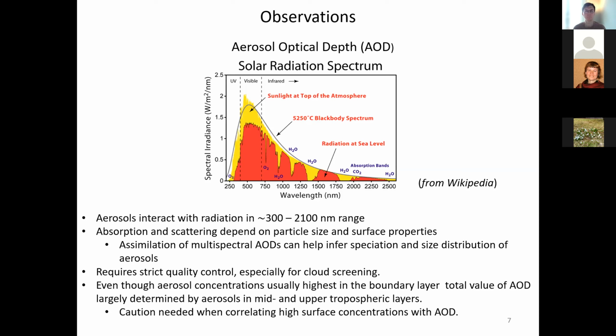In terms of assimilation, there is sensitivity to various aerosols at various wavelengths. So this information can help infer speciation or size distribution of aerosols, because we have observations across multiple wavelengths, and that will vary, it can help us determine what species and size distribution